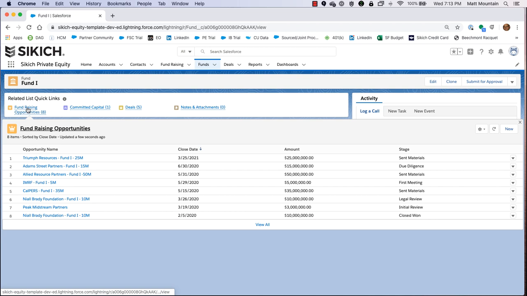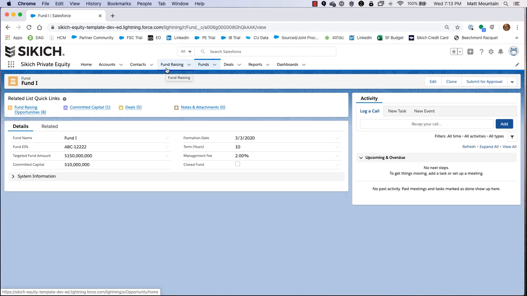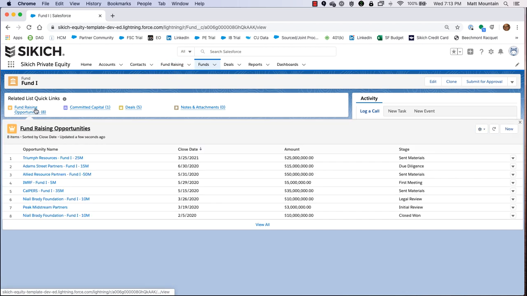Now what we want to do is be able to look at the fundraising opportunities, and we just saw those on the previous tab, but we want to see the fundraising opportunities specific to this fund. So as you have multiple funds and you go to the fundraising tab, you can see all of the different fundraising records, or you could build a view to only see them specific to a fund. But when you come to the fund record and look at the fundraising opportunities, you will only see the records